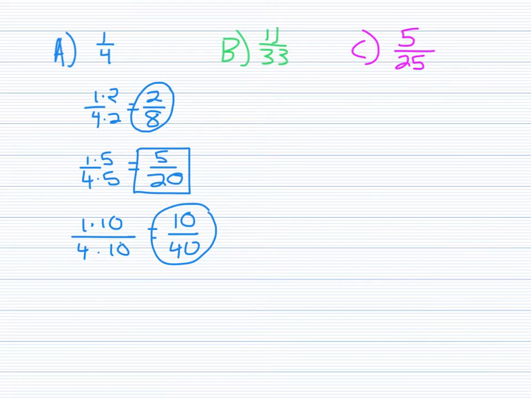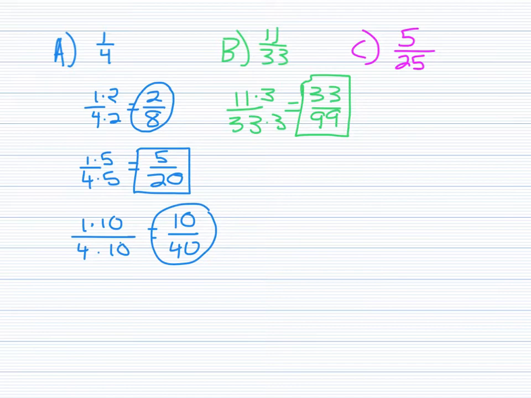Example B, we have 11/33. So 11/33, we can do the same thing. I'm going to multiply by 3 this time. I haven't used 3. We get 33/99, equivalent fraction. 11/33, we could multiply by 10 again. I like multiplying by 10 because all I have to do is add a 0 onto the number. So that's 110 and